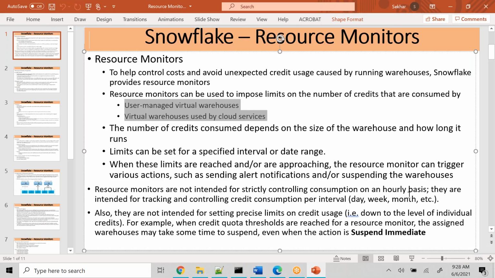They're not strictly controlling consumption on an hourly basis. They are intended for tracking and controlling credit consumption per interval: day, week, month. Even if you set it up by day, week, or month, you cannot suspend your virtual warehouse precisely. For example, you can't say whenever my virtual warehouse reaches 3,333 credits, put a break on all the virtual warehouses and suspend them. It's kind of difficult